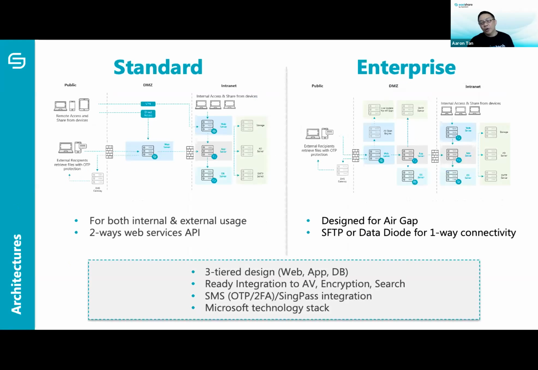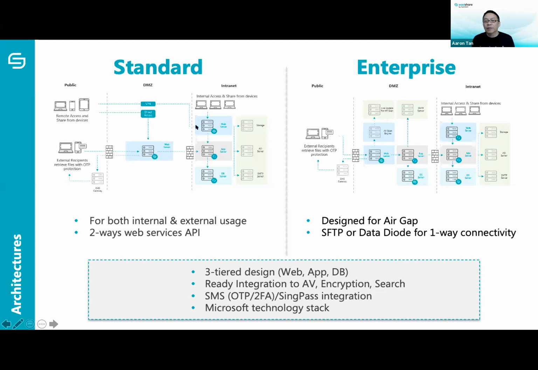Now, in terms of architecture, so this is the one that I was telling you about. On the right-hand side, the enterprise architecture, the air gap architecture, as we call it. So basically, EasiShare is built on Microsoft technology. It's a three-tier design. There's a web, an app, and a DB server. Together, this will form what we call a platform set. On the enterprise side, you've got one set of the platform here. And then on the DMZ zone, you also have another set of the platform, right? So what's the difference between these two is that on the standard architecture, literally it's one platform set, only plus one